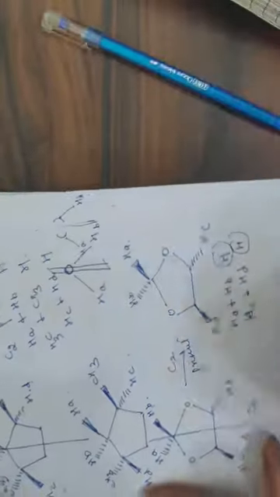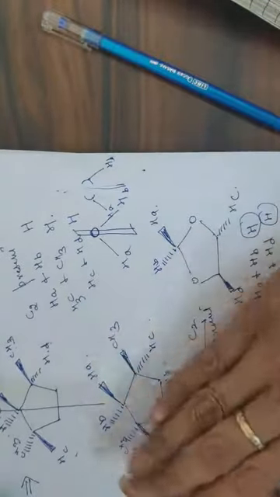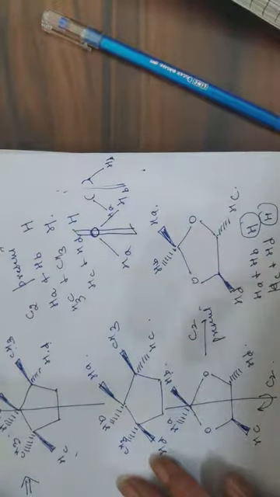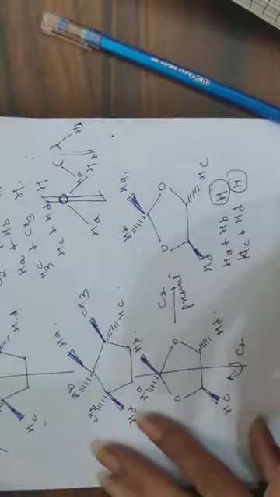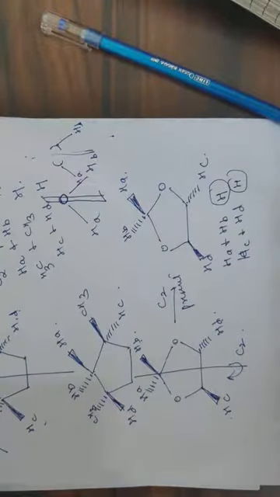In the next lecture, I will take examples of the organic compound and we will find out how many signals will be present in the organic compound. So the number of signals which will be present in the organic compound will be the number of different types of protons which are present. What is the meaning of different types of protons? The protons which are present in different chemical environment. So those protons will give different signals in NMR spectrum. And the protons which are present in similar chemical environment, those protons will be magnetically equivalent and these will give similar signal in NMR spectrum.